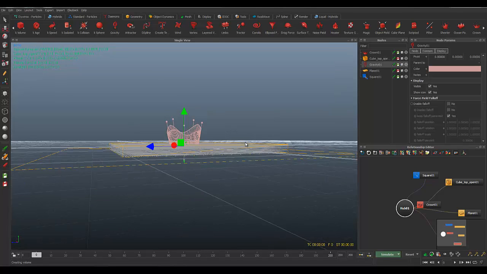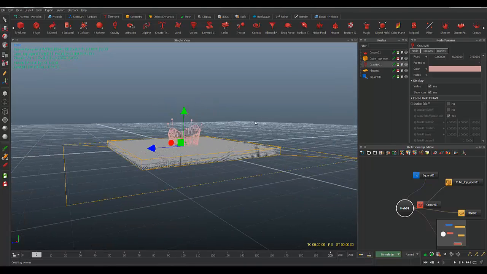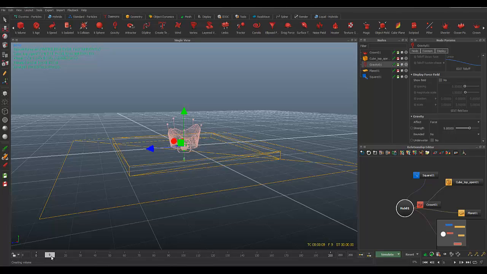Okay, so I have to apply gravity to my particles, so it will let them down. Go to your gravity strength, and I am going to keyframe it. So maybe till frame 12 it will be 0. Key it just by pressing this button, and on the next frame, 13, set it to 9.8,